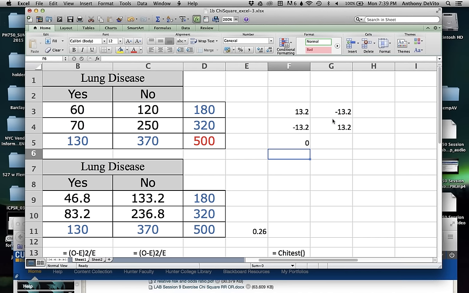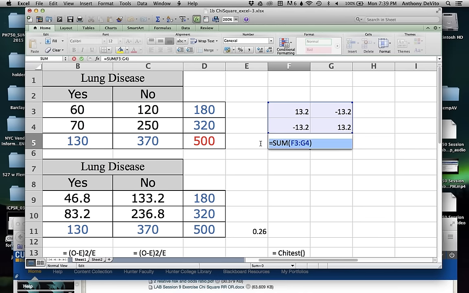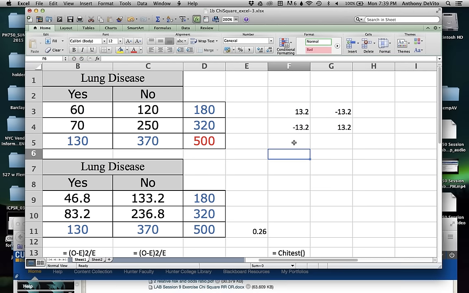What did I do with the sum of squares in order to get rid of those negative signs? I squared them, right? Okay, so I'm going to do the same thing right here. I'm going to take each one of these things and I'm going to square it, right? This one is going to be, okay, that are all positive numbers. This one's going to be, this one's going to be,